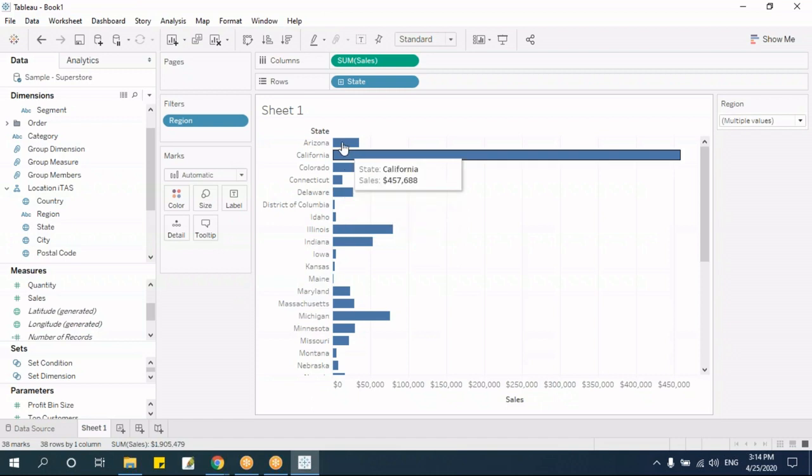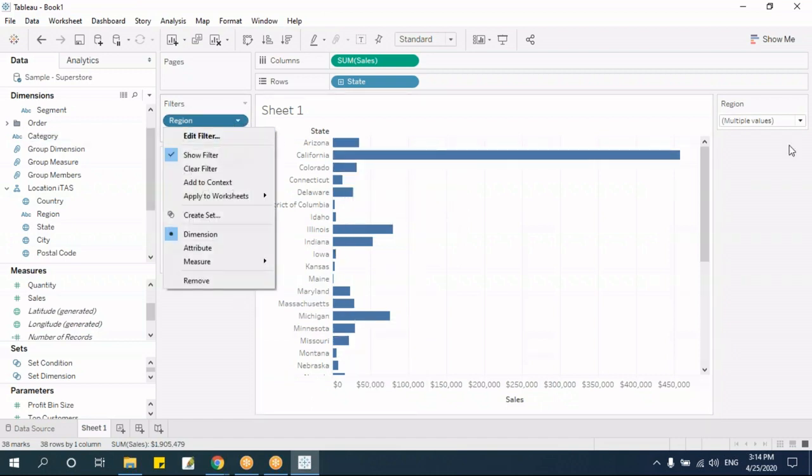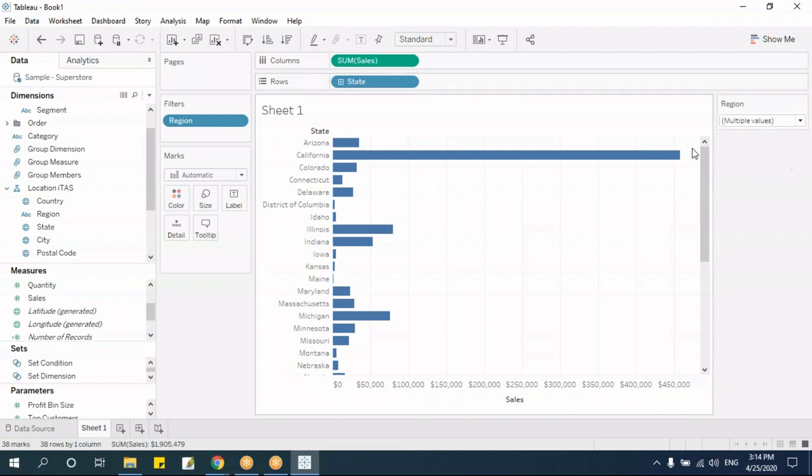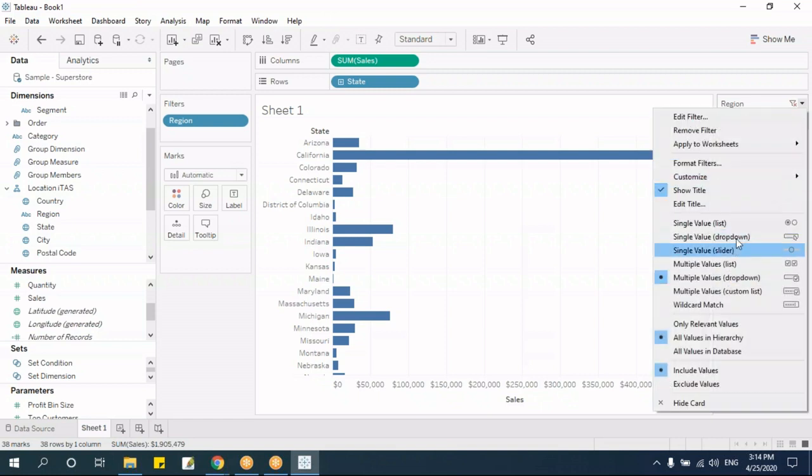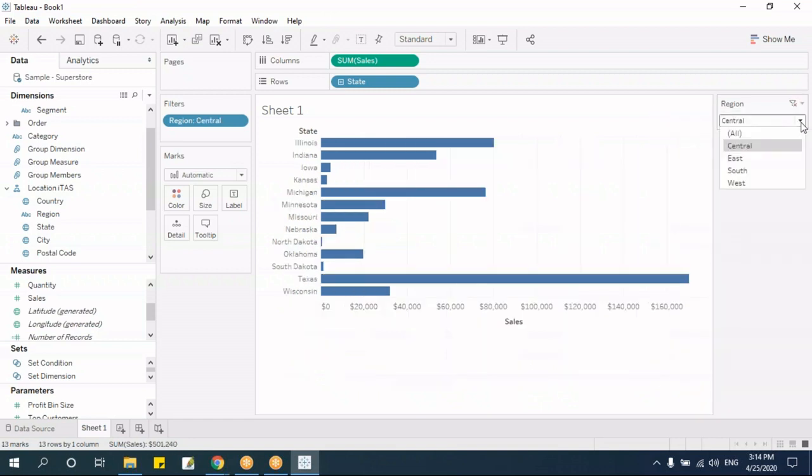Now I understood how this simple filters work. I just drag it here, then say show filter. I'll get this control. This is called as card actually. So here I'll get the drop down or say any other controls. I can change this. Let me make it as drop down here, single selection. Fine. Now let me remove this state,